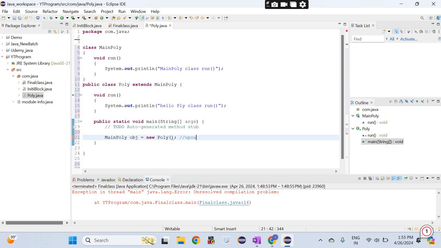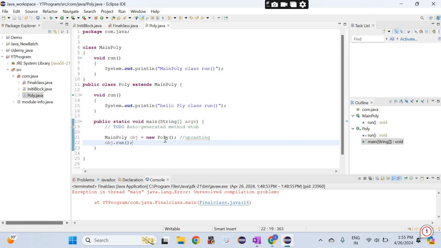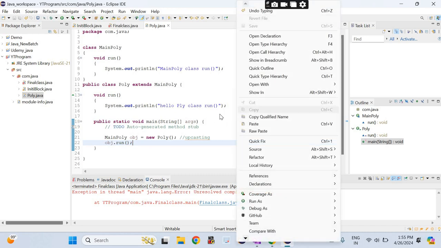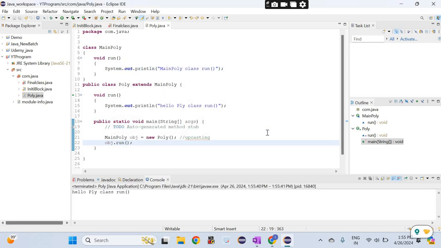This is known as upcasting, and you are calling obj dot run. So what will be called, what will be the output? The output will be "hello poly class run". I will explain why. So basically this is the output.